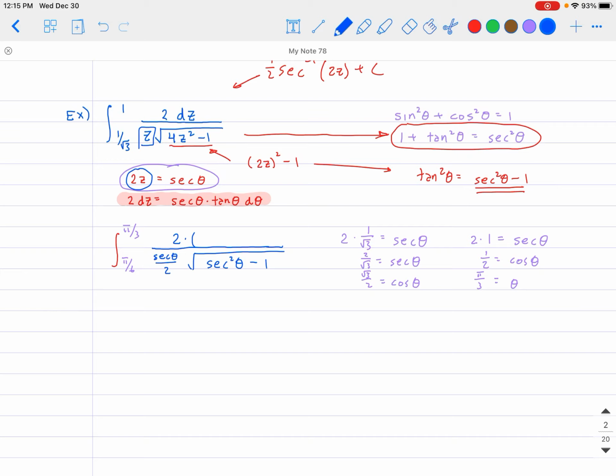So let's see here. dz is going to be equal to 1/2, because we need to take this 2 and move it over to the other side. And then we also have the secant of theta times the tangent of theta times d theta. Okay, so don't forget the d theta part, because that is important for our integration. Okay, so our job is to clean this up as much as possible, and then hopefully we can solve for